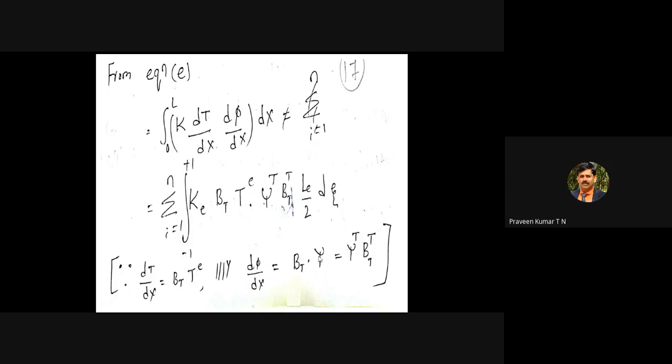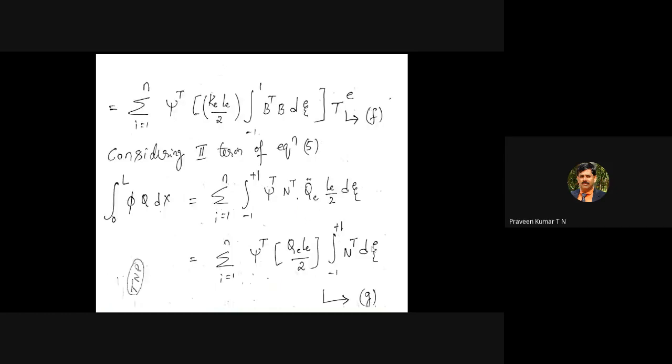Instead of T, it is replaced by xi. That also you can write as xi transpose into BT transpose. That equation you have already written. So finally, the first term we are ending with is the equation for the K matrix, and the second term in equation number 5 we are ending with is the R matrix. So that means after simplification, we will finally get